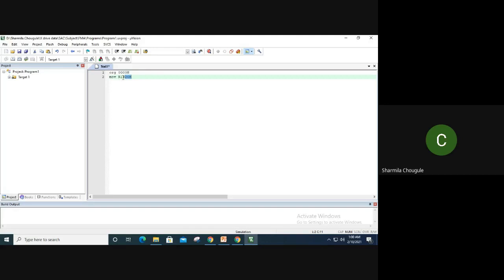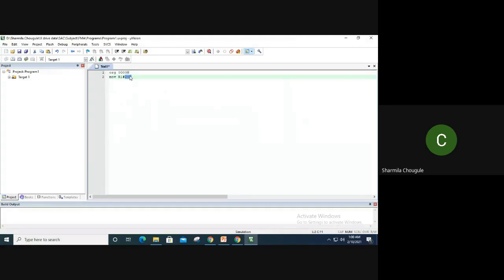R1 is a register, because we know that in the microcontroller we have different registers. While studying the architecture, I told you there are different registers: A register, B register, and other than A and B there are still more registers which we will study afterwards. R1 is also one of the registers. So it is saying, just move the value 20h into register R1.